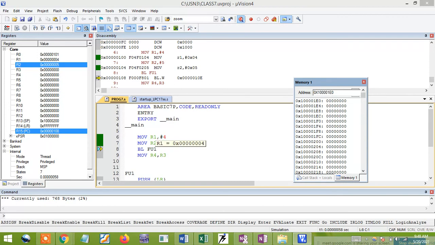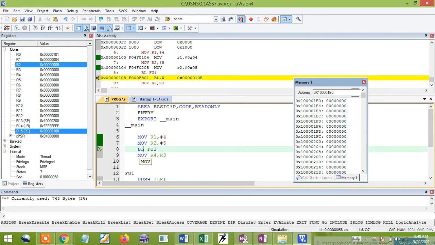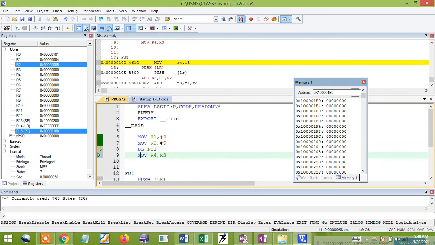See, these two instructions are already executed. Now this is my next instruction after the BL function. I want to know what the address of this one is. You can see the address of this instruction is 10C, MOV R4, R3. One thing I'll tell you: when this address is stored inside the memory, it will add 1 to the last LSB byte and be stored. On popping, it will be subtracted by 1.